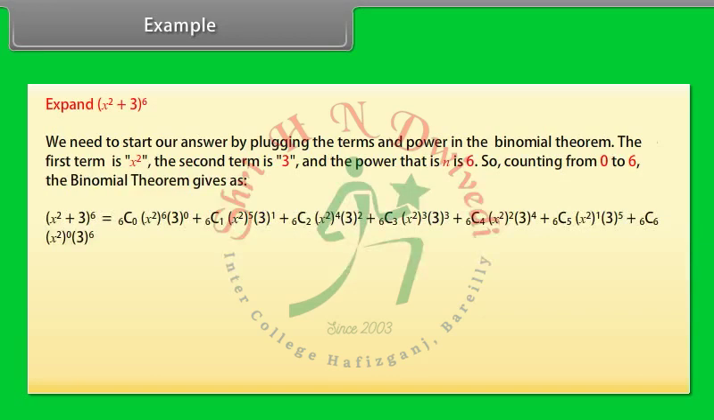to 6C0 into (x square) raised to power 6 into 3 raised to power 0, plus 6C1 into (x square) raised to power 5 into 3 raised to power 1, plus 6C2 into (x square) raised to power 4 into 3 raised to power 2, plus 6C3 into (x square) raised to power 3 into 3 raised to power 3, plus 6C4 into (x square) raised to power 2 into 3 raised to power 4, plus 6C5 into (x square) raised to power 1 into 3 raised to power 5, plus 6C6 into (x square) raised to power 0 into 3 raised to power 6. After simplification, we get